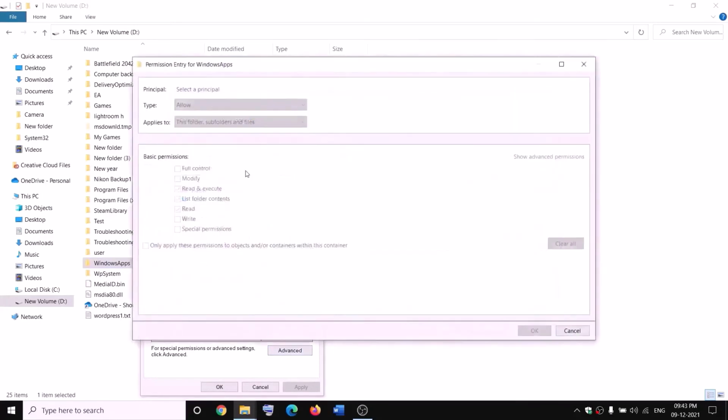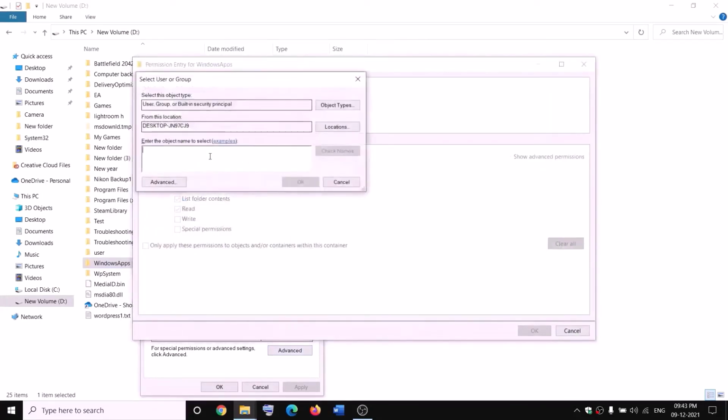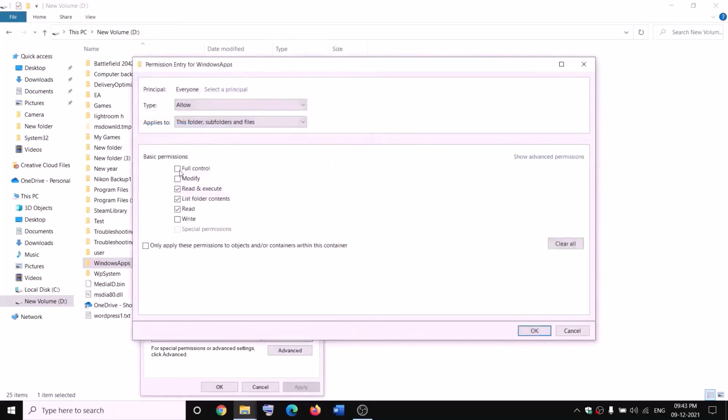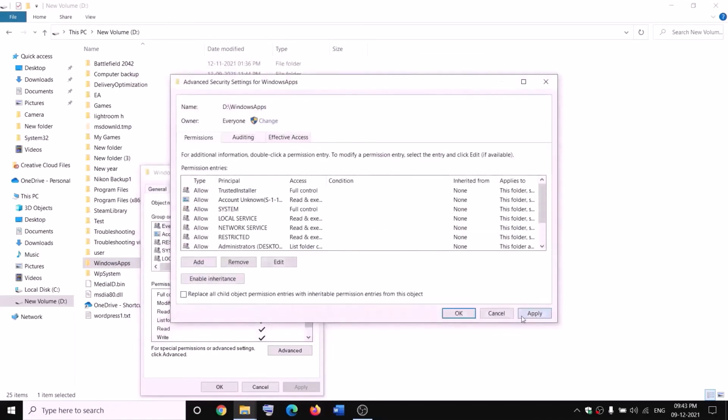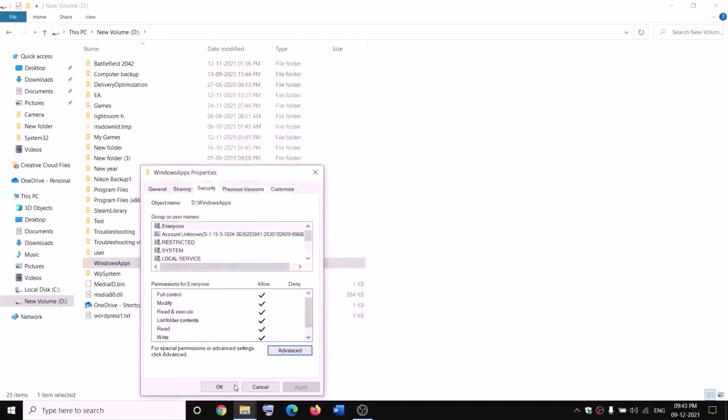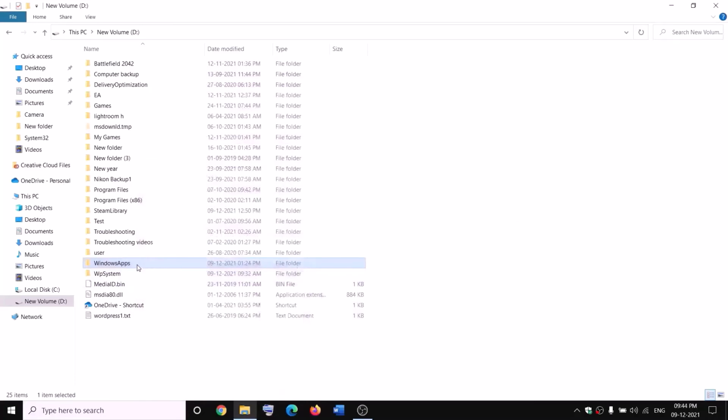click on Add, Select a principal, Everyone, Check Names. OK, put a check on the box which says Full control. OK, Apply. OK, OK. Now make a right click on WindowsApps and then click on Rename and then rename it as WindowsApps.old. Now while renaming it, if you receive any kind of error message which says file is